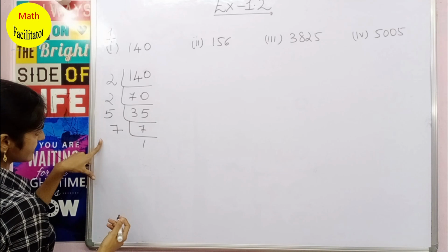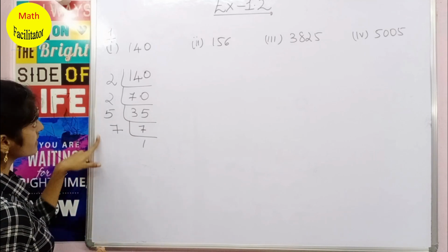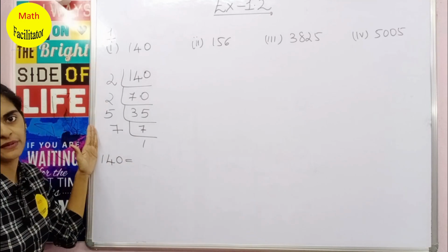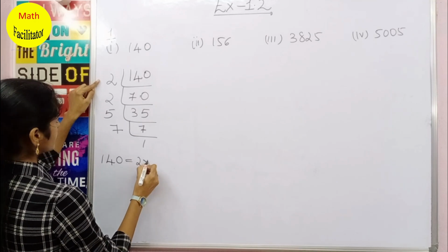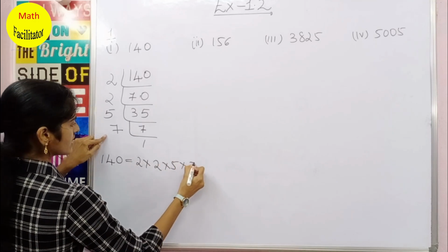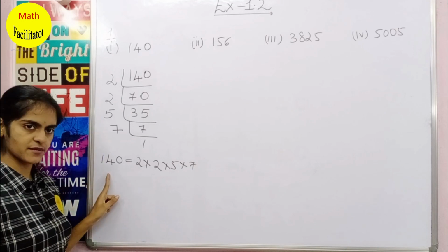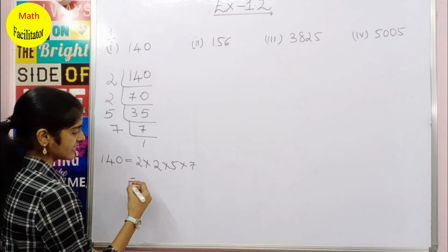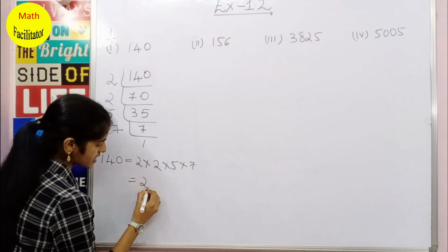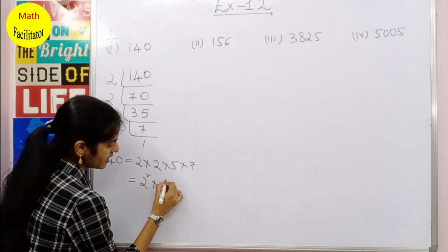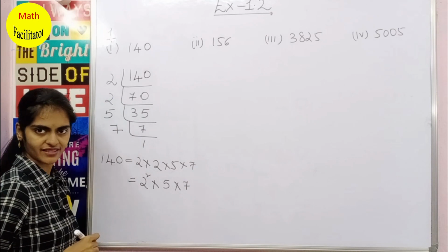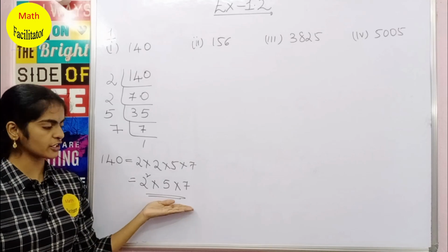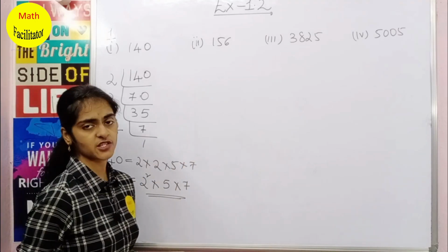And you will take all these as prime factors. So all these are the prime factors. 140 can be expressed as a product of these prime numbers. So let us write here: 2 into 2 into 5 into 7. So 140 can be expressed as 2 into 2 into 5 into 7. This again we can rewrite, as 2 is multiplied 2 times, as 2 square multiplied by 5 multiplied by 7. So 140 can be expressed in this way, as a product of prime factors. Clear? Now let us move on to the next one.